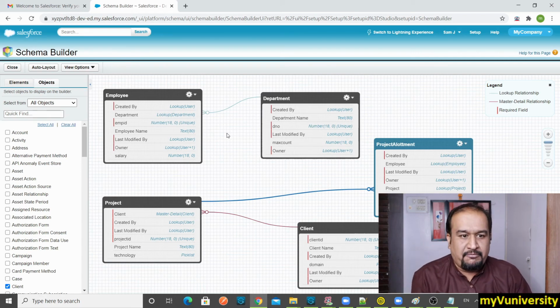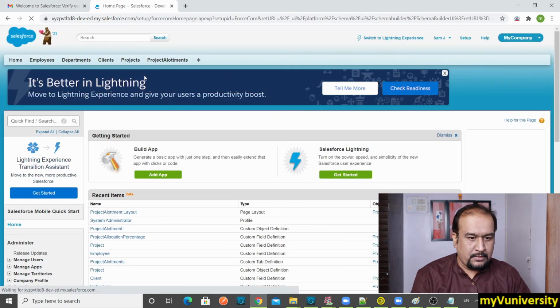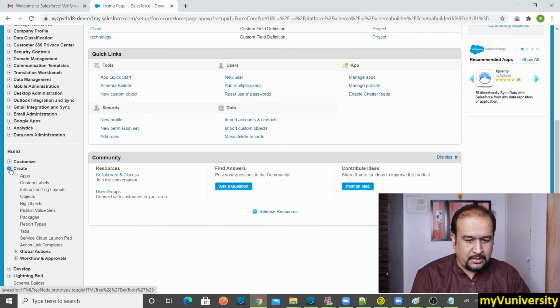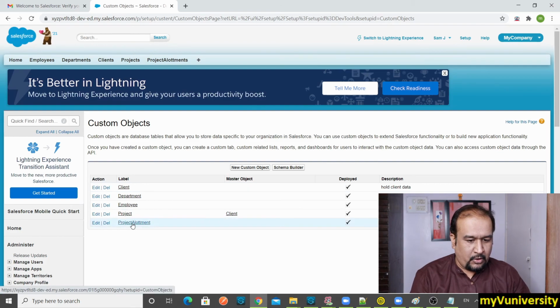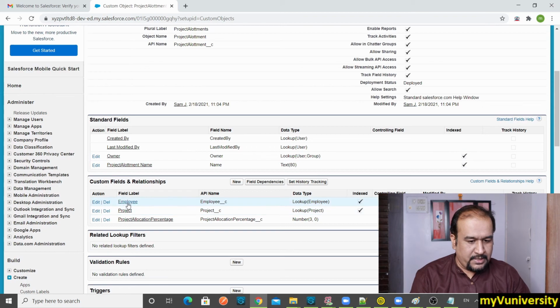I don't know what the first object was, but I need to select the second object whenever I form that. Let me go to the project allotment object. I think I got the catch. Here, what I do is just delete this. I just delete this.